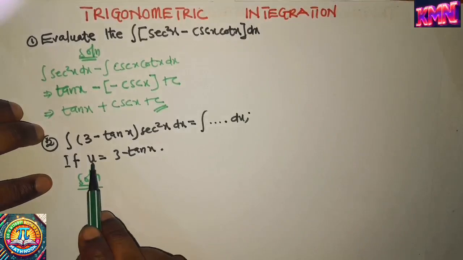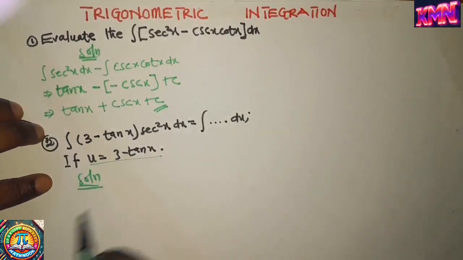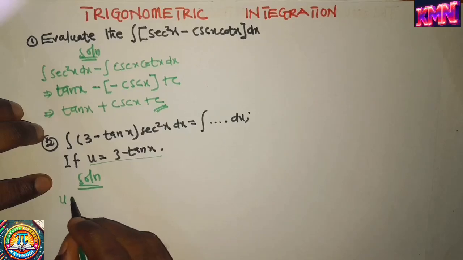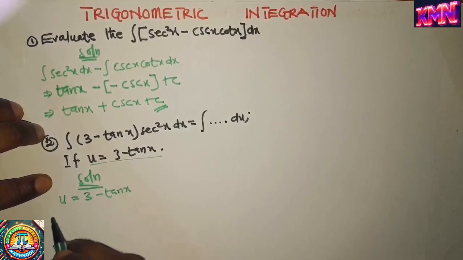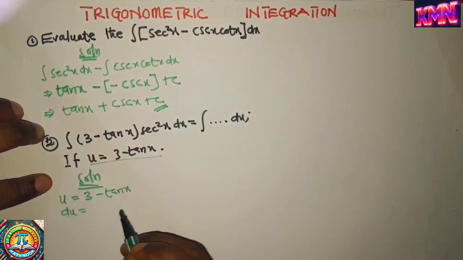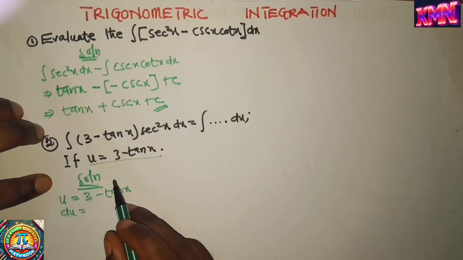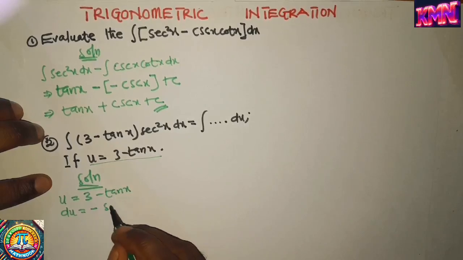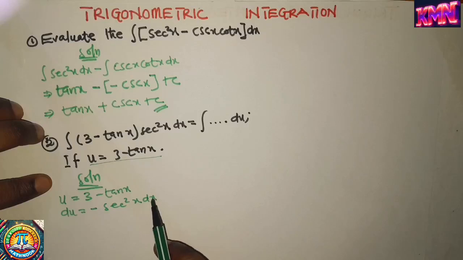So already they've given us u. It says u is 3 minus tan x. So we're going to have u equals 3 minus tan x. Let's differentiate u with respect to x, and the 3 goes to 0. Then we know the differential of tan x to be sec square x, so the negative. Let's make dx the subject, and that will give us